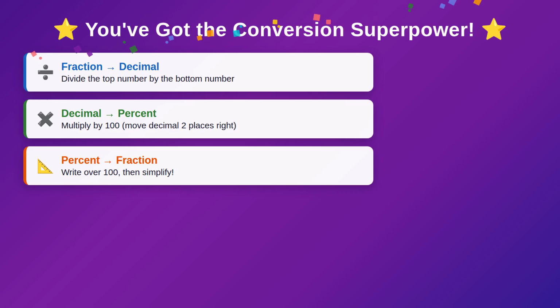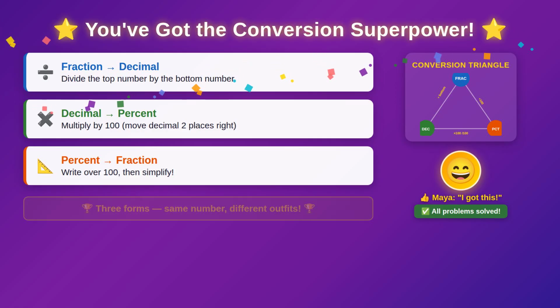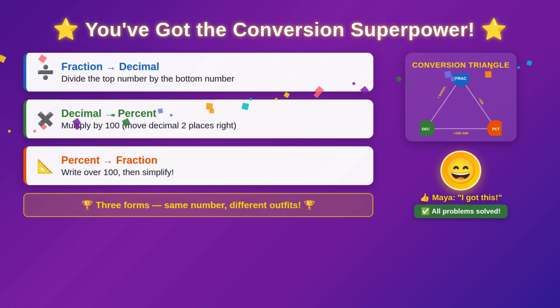Remember when Maya was staring at that worksheet, totally lost? Look at her now. She just aced every single problem. Here's what you learned today. Fraction to decimal. Divide the top by the bottom. Decimal to percent. Multiply by 100. Percent to fraction. Write it over 100 and simplify. And you can go in any direction on that conversion triangle. These three forms, fractions, decimals, and percents, are just the same number wearing different